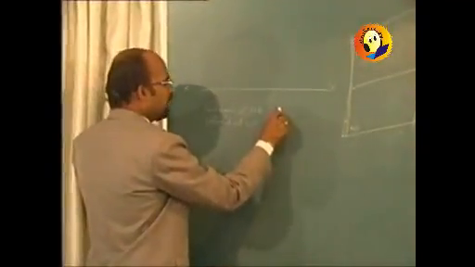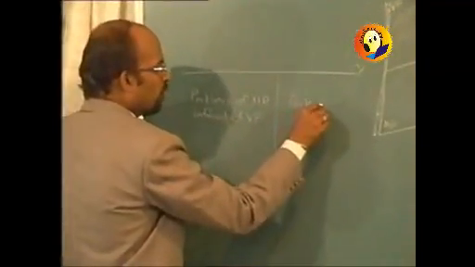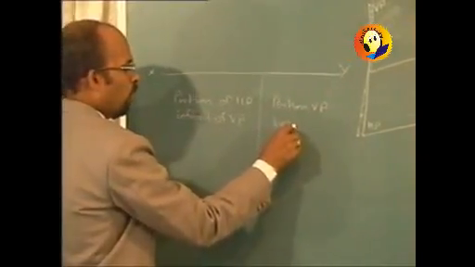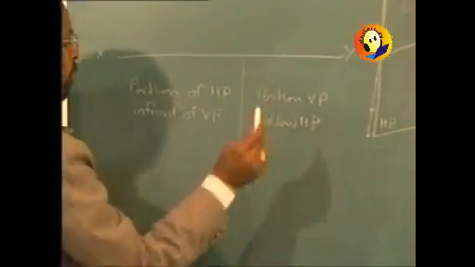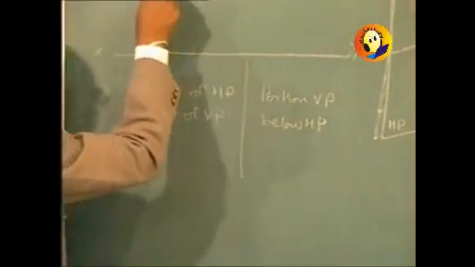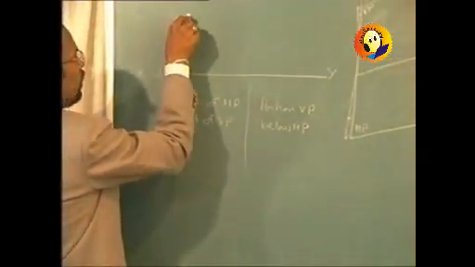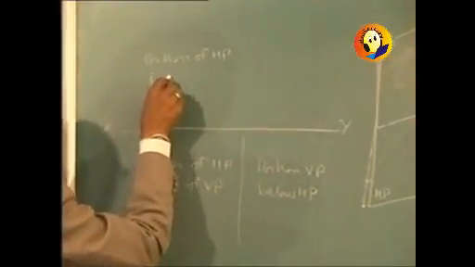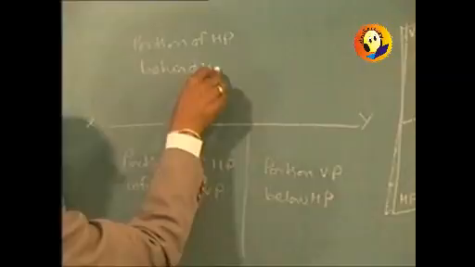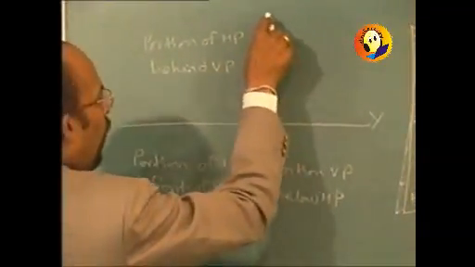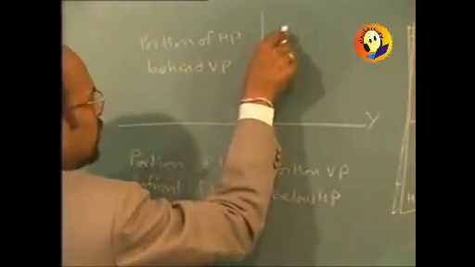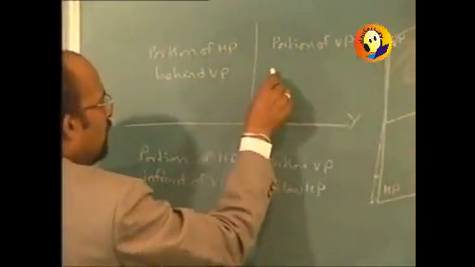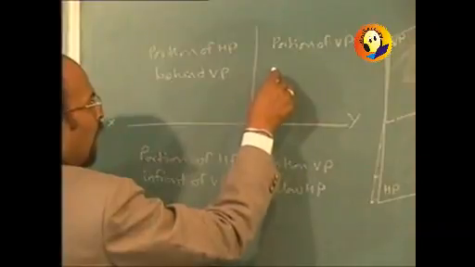Or it could be considered as portion of vertical plane which is below horizontal plane, whereas the portion above XY line is portion of horizontal plane which is behind vertical plane, or it can be considered as portion of vertical plane which is above